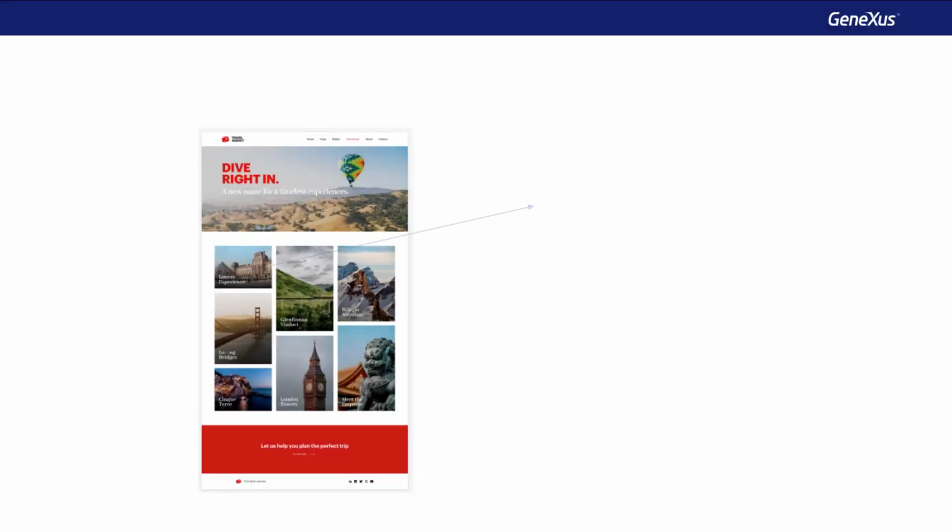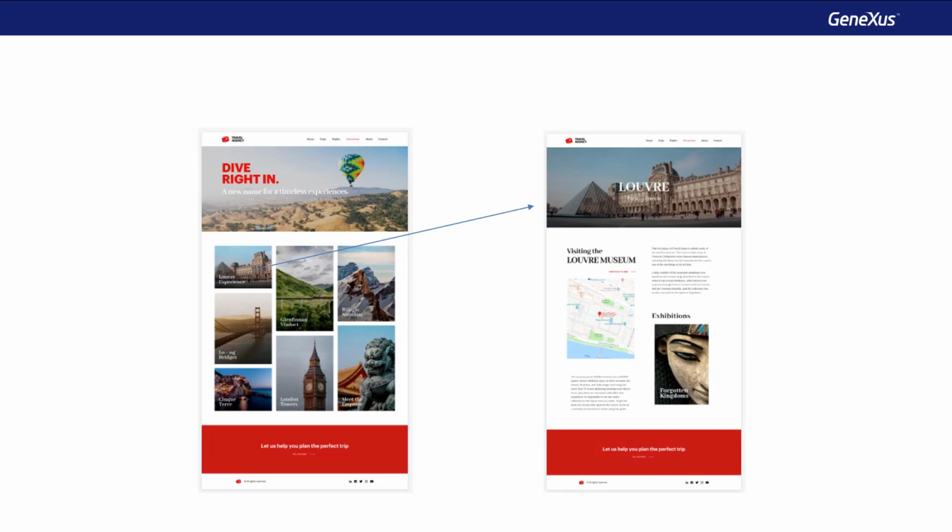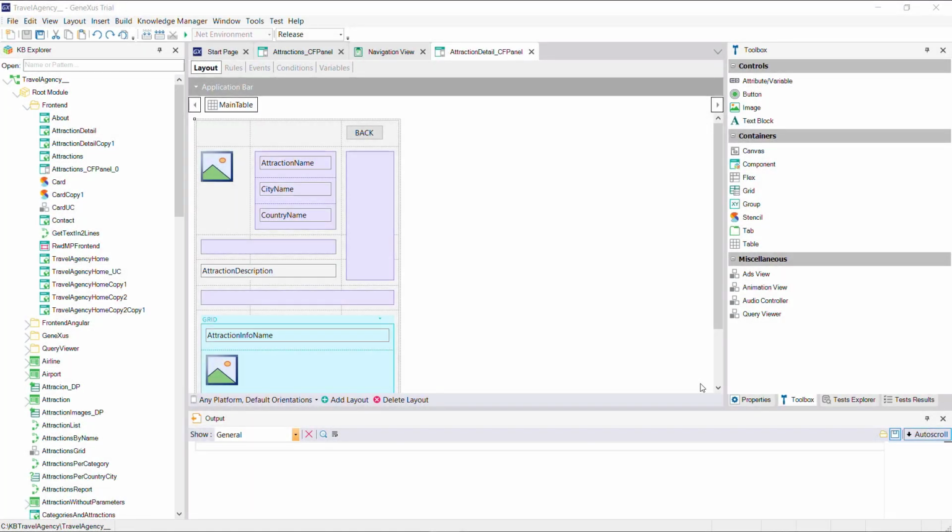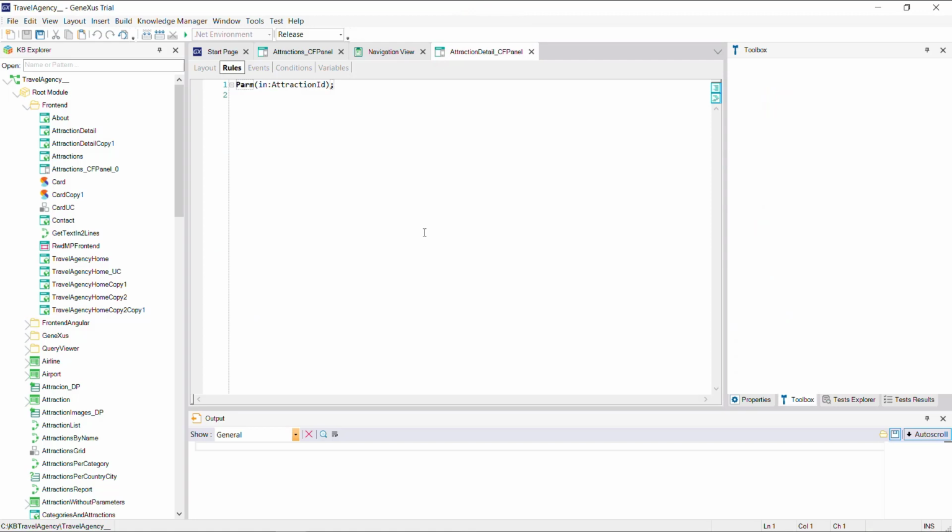Now let's complete the agency's request, which is to show the details of each listed attraction by clicking on them. For this, we'll use another panel object named Attraction Detail CF Panel. To save time, I've already created it. We see that in the rules, we define a parm rule with an input parameter, the attraction ID attribute.